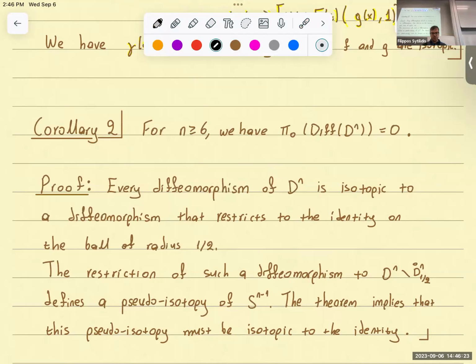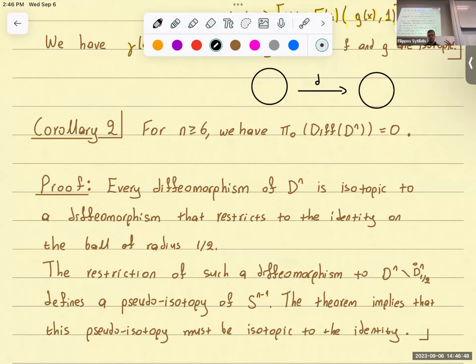Unfortunately, I wrote this without drawing pictures. That's partially because I don't have great pictures that I can draw here, but definitely this picture is not in dimensions greater than or equal to 6. But anyway, if you give me 2 disks and you give me a diffeomorphism between them,